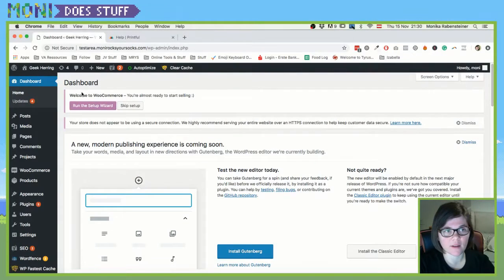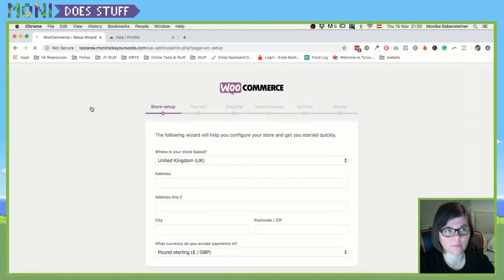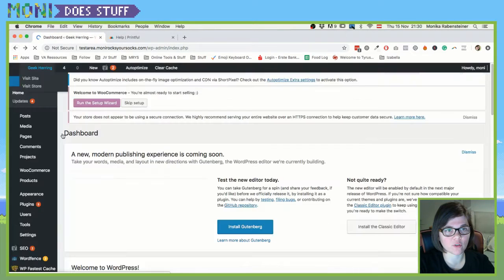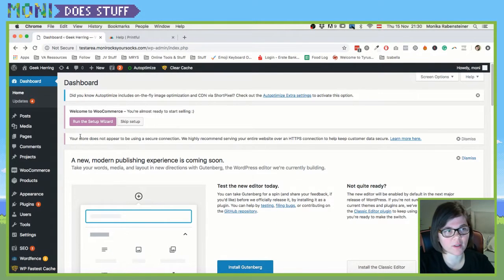One last thing that we are about to do is we're going to add a WooCommerce store, because WooCommerce is a free e-commerce shopping cart tool where you can sell digital products as well